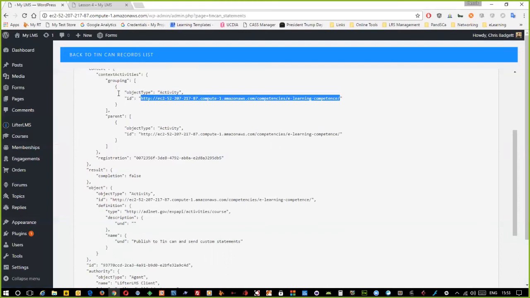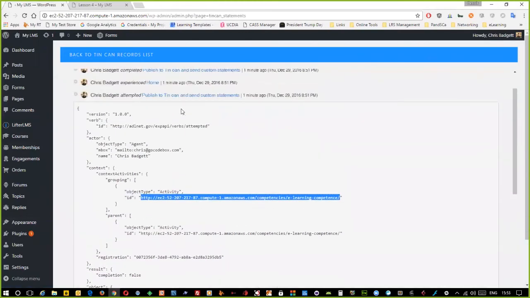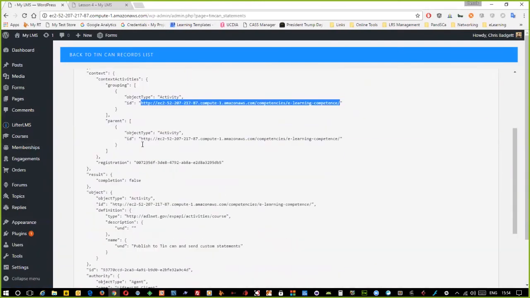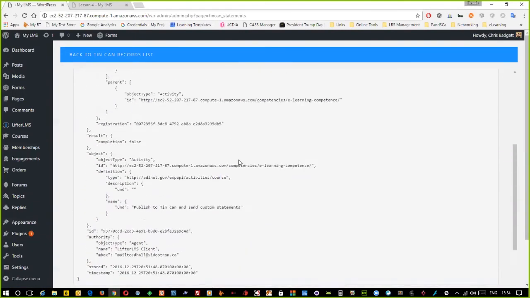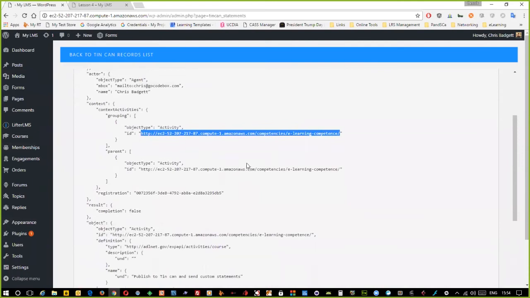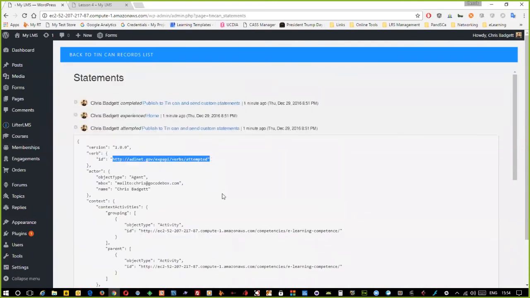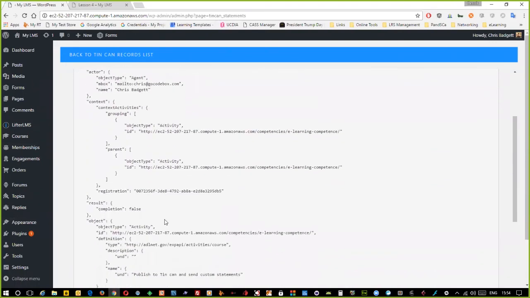Perhaps. Yeah, because this is what's happening. This is the technical junk that's behind this single little statement. There's all kinds of stuff here: the latitude and longitude, the time that the information was collected, including the ADL verb, as well as our competency, who took the course, and their full name, all kinds